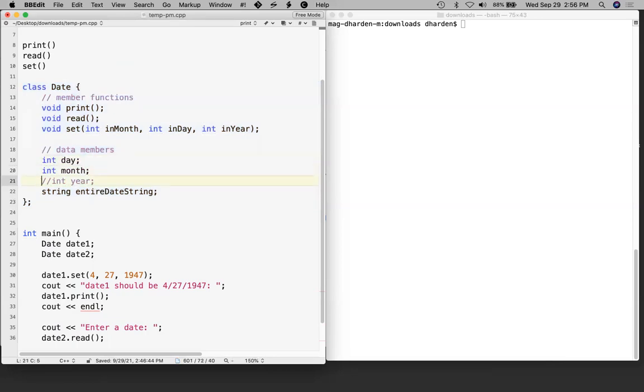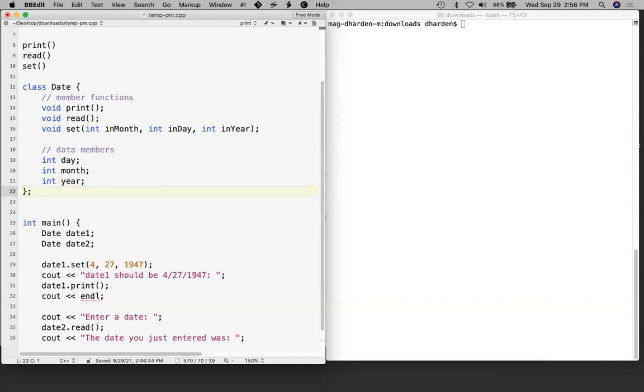I'm not really going to do that, so let me go back. My whole point is that I want to prevent the client program from being able to use these variables because, I don't know, they may change. Or the client program may accidentally change them in a way that introduces a bug into my class. So